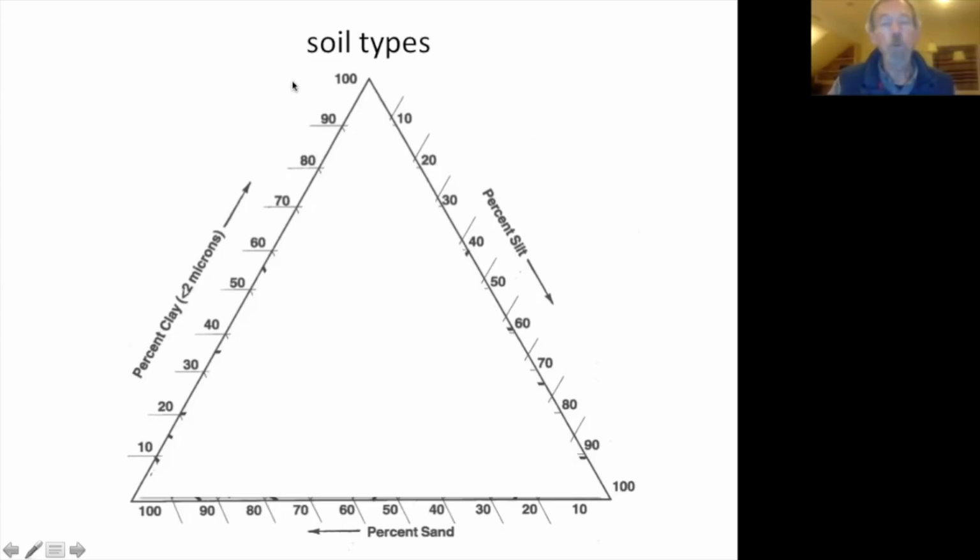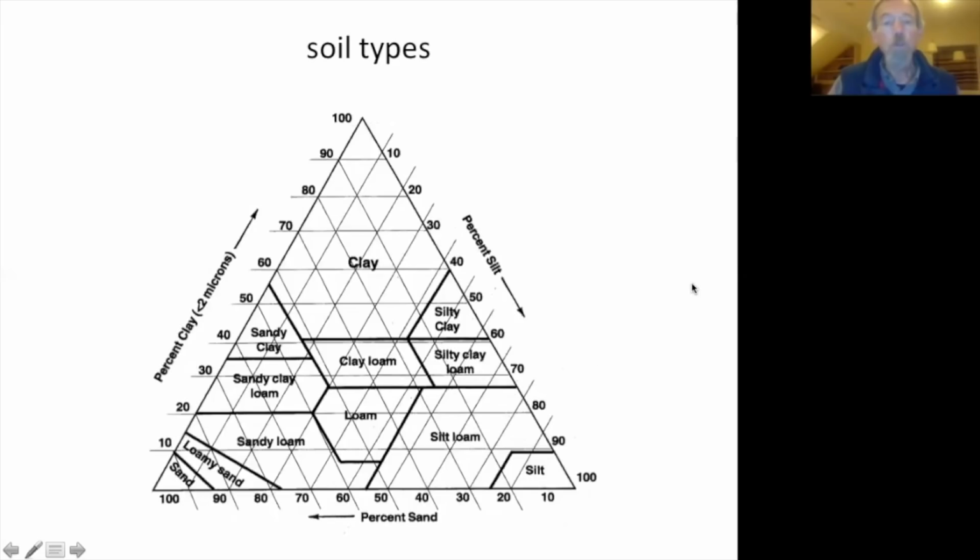And so we've got these tick marks here that run across horizontally, whatever percentage they're at. And then coming around to the right side, the right axis is the percentage of silt going from 0 up to 100%. And then down at the bottom axis, we've got a percentage of sand, again going from 0 to 100%. And what you wind up with here is, when you fill in all the blanks, you get a graph